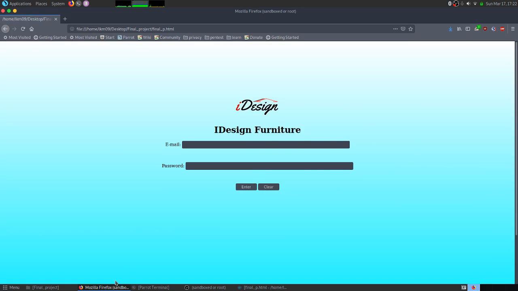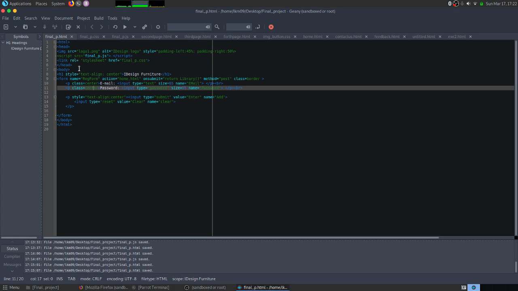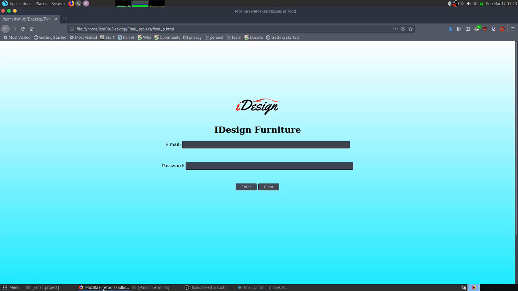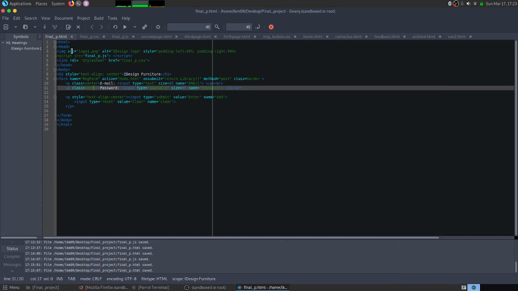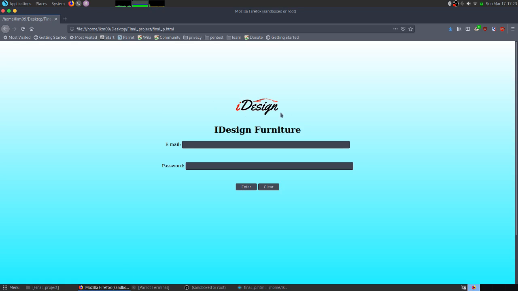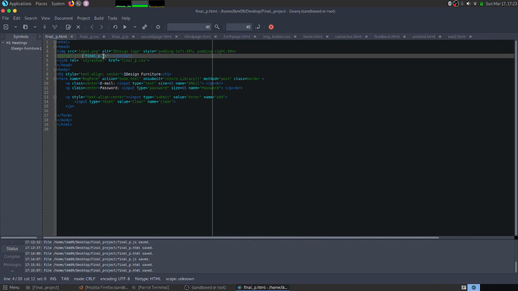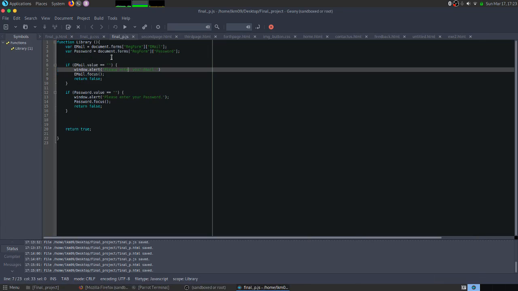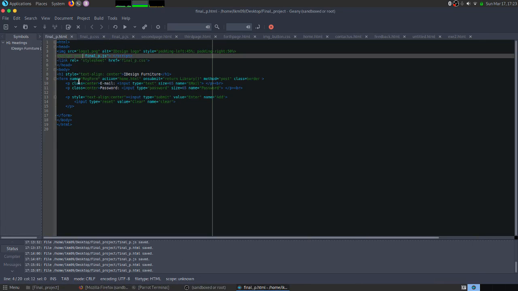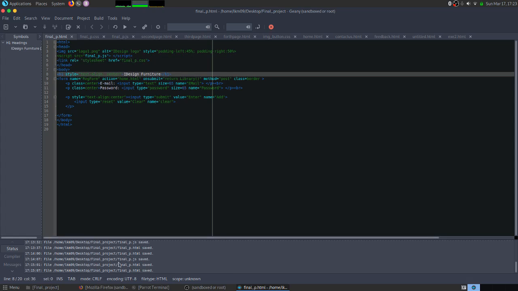So let's get right into the coding part, which is right here. So here will be the main page of this, which is this one. Here we have the logo, image source logo, which is this logo right here, iDesign logo. So here is the link to the JavaScript folder, which is right here. I'll show you later. This is the CSS reference, and here we have this iDesign, which is the topic of